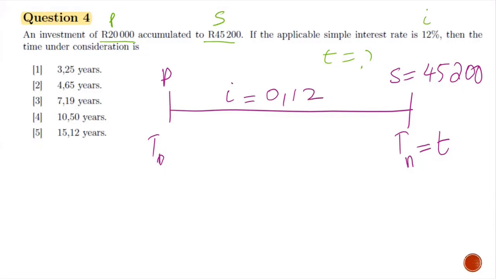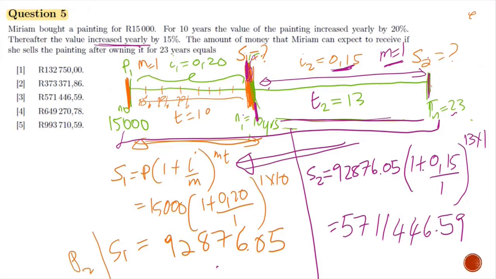There's nothing compounding. So when you are going to write this thing in a timeline, it's straightforward. Nothing is compounding yearly or monthly or whatever. It is just one interest rate throughout that period. Okay. So now this was very important, so then we can see how you put a story that looks complicated into a timeline. I like to put stories that are complicated into a timeline, so then I can